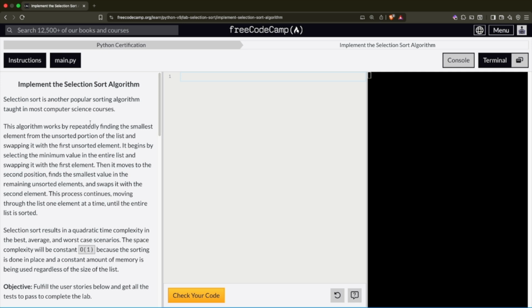So let's get started. The selection sort is another popular sorting algorithm taught in most computer science courses. This algorithm works by repeatedly finding the smallest element from the unsorted portion of the list and swapping it with the first unsorted element. It begins by selecting the minimum value in the entire list and swapping it with the first element. Then it moves to the second position and finds the smallest value remaining in the unsorted elements and swaps it. For the second element, this process continues, moving through the list one element at a time until the